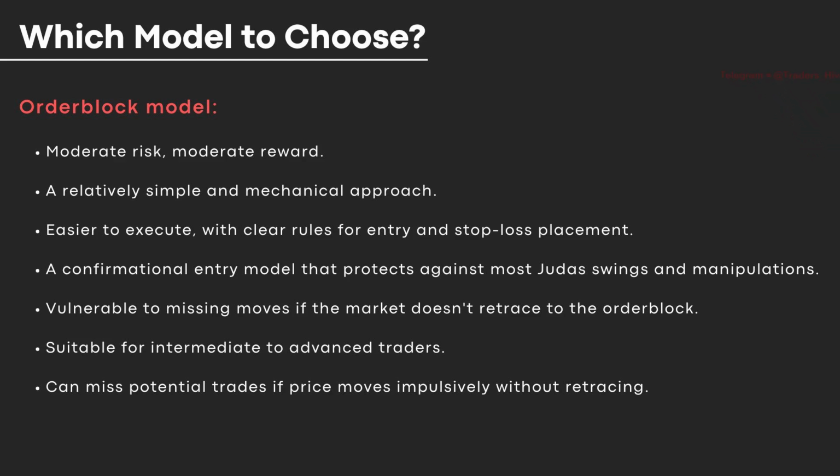The confirmational nature of this model enables you to enter the trades only if the market has completed its manipulation phase or manipulation profile. Number four, easier execution with clear rules. For intermediate traders, execution can be the hardest part of trading, especially when emotion gets involved. And the order block model's mechanical structure makes it easier to stick to your plan. Number five,